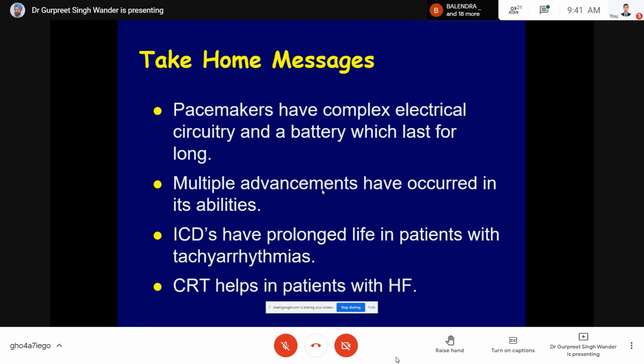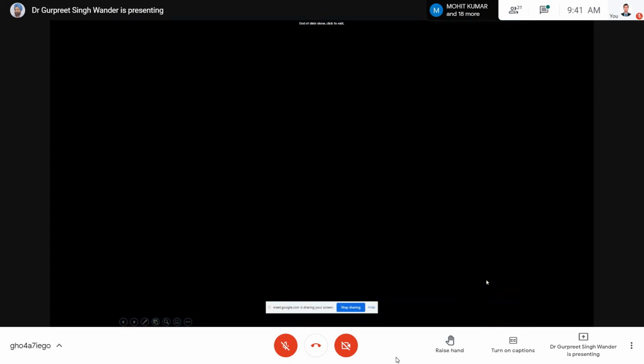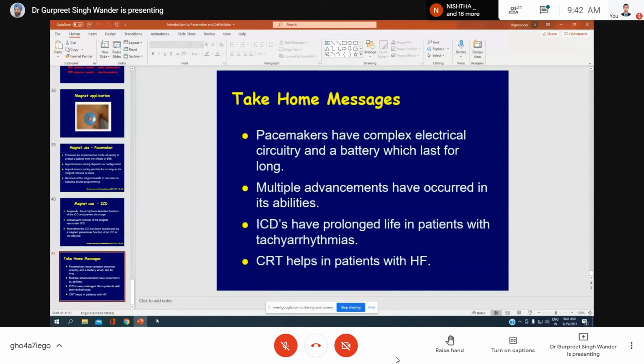If the patient develops atrial fibrillation, I can change the mode of a pacemaker from a DDD mode to a VVI mode. I can select at what rate an ICD device will give a shock, whether I want it to ignore heart rates up to 140, or whether I want it to fire at that. Everything we can program from outside, and we can choose in the CRT device, which is used for heart failure, which chamber is stimulated first. So there are a lot of sensing capabilities in the pacemakers, which enable us to actually.